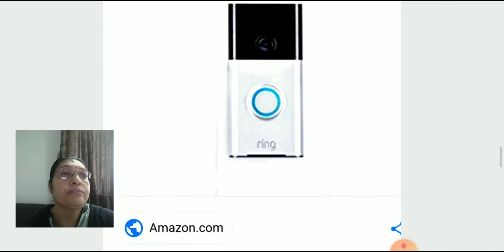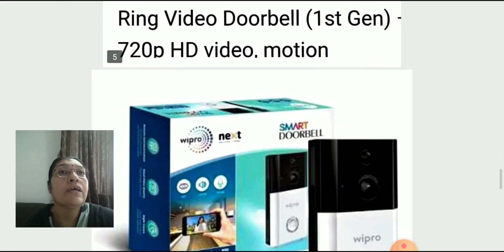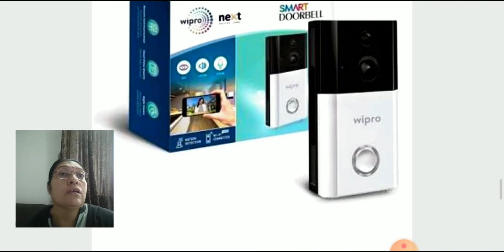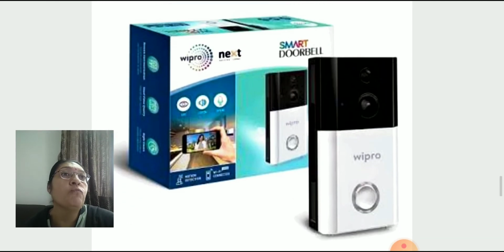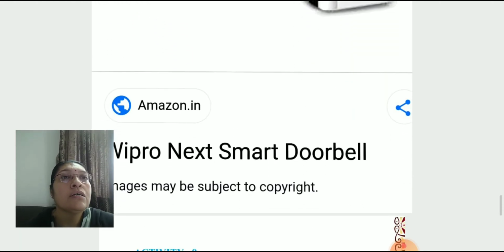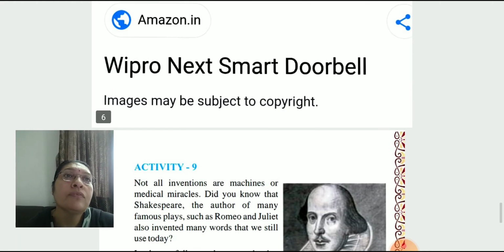Ring video. Next one. And do you know it's first generation and 720 pixel HD video motion. This from Wipro company smart doorbell. You can see in your mobile also who visits your house. So here I mentioned 3-4 pictures for your information. So draw from these.